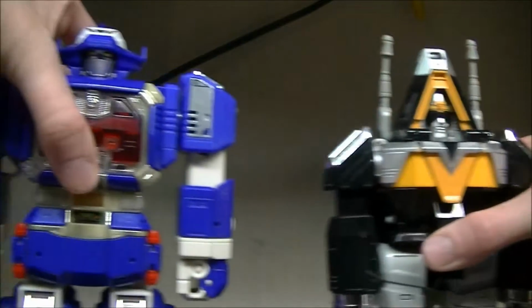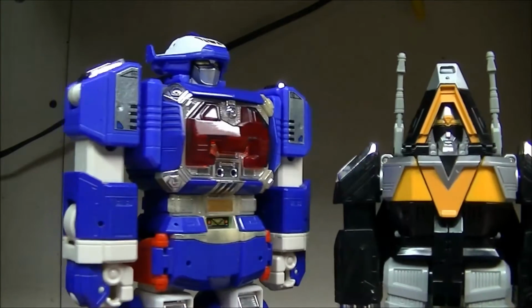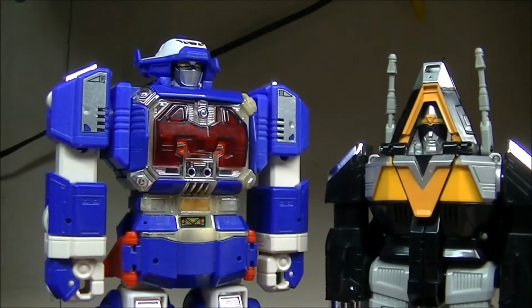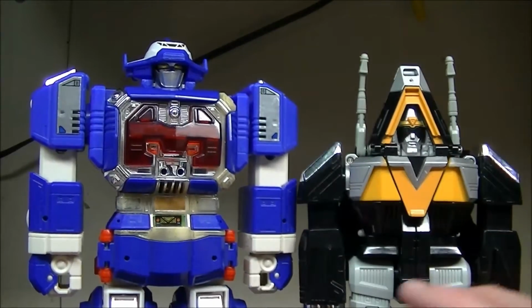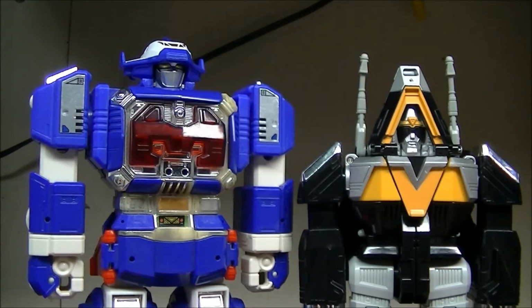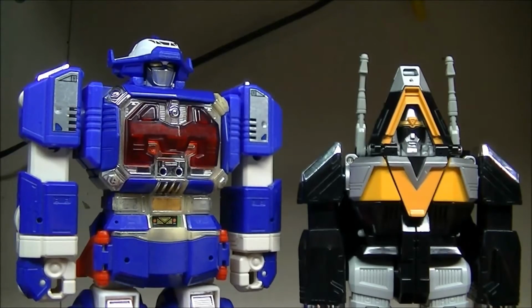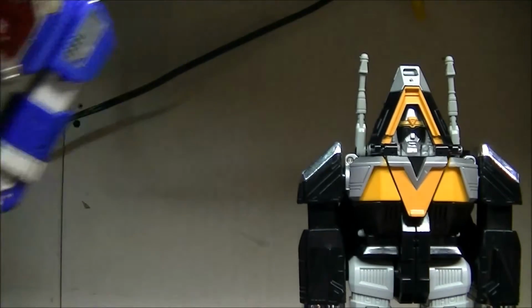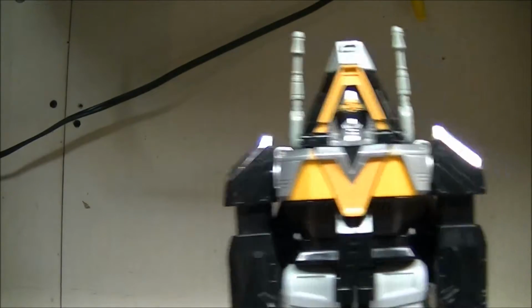Real quick, show them up next to the Astro Megazord, which is significantly taller. There's no doubt about it. So, yep, there we have that. And let's go ahead and get onto the combination form, which we'll start off by working on this guy for right now,